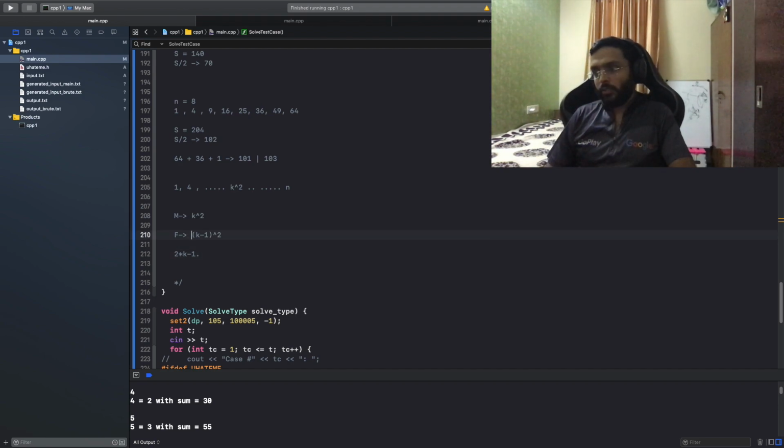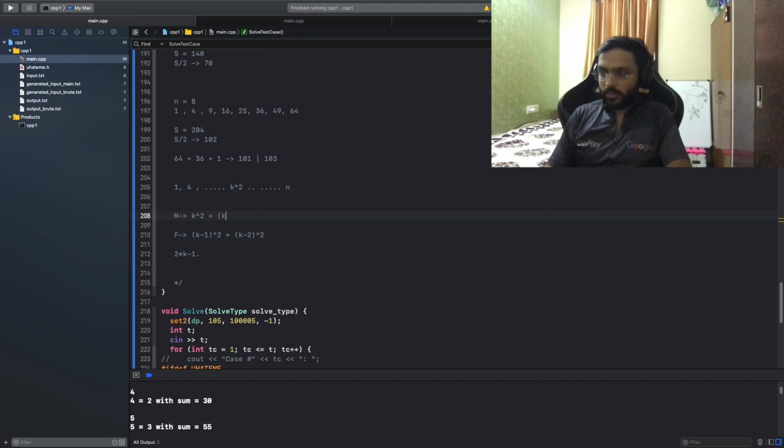So what if I do something like plus k minus 2 raised to power 2, and similarly for this let's say k minus 3 raised to power 2. So the extra number of candies I'm getting is 2 into k minus 1 minus 2 into k minus 2 minus 1, right?